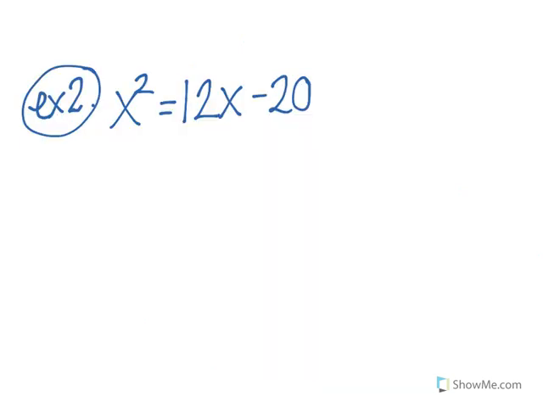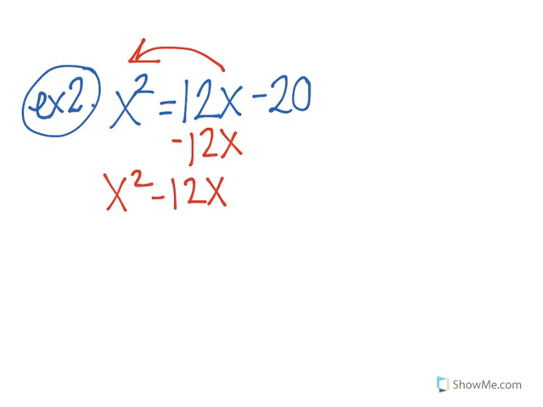Okay, your next example is x squared equals 12x minus 20. Okay, the whole purpose of this, it's going to say complete the square. That means that you have to move everything that has a term, like in the x squared and the x, to one side. To do that, you have to subtract the 12x. That puts x squared minus 12x on one side. And then this is not your c. Okay? They give you